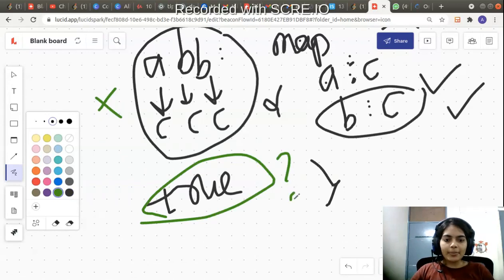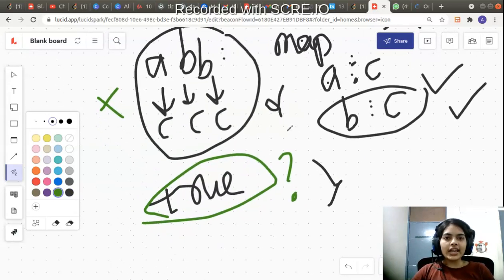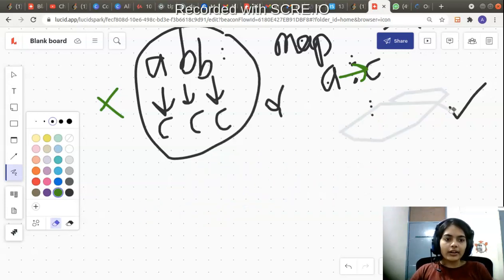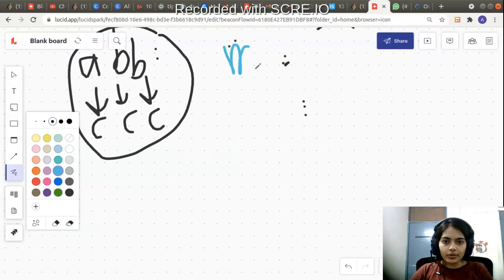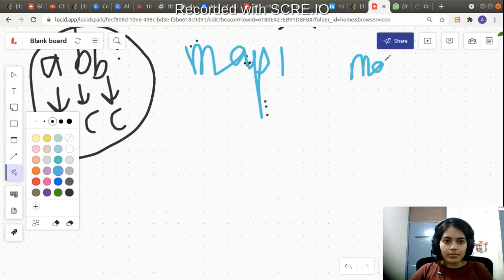So what just happened? You see, we are only checking connections one way. We are never checking connections two way. We should actually be checking connections two way. If A is connected to C, C should also be connected back to A, right? So how can we do that? We have to use two maps. So what do I mean by that? We were just using one map, and that was where the problem was. So we will use map 1 and map 2.